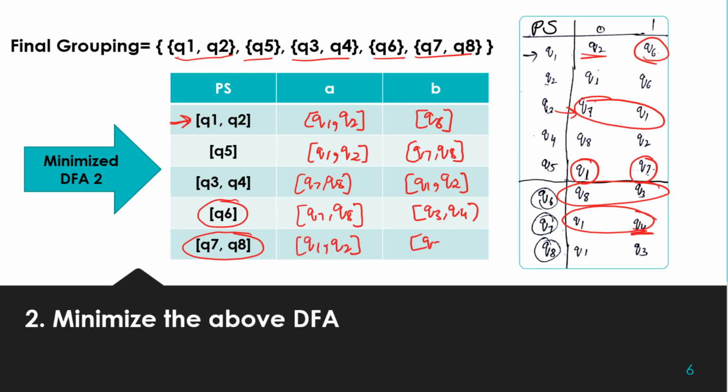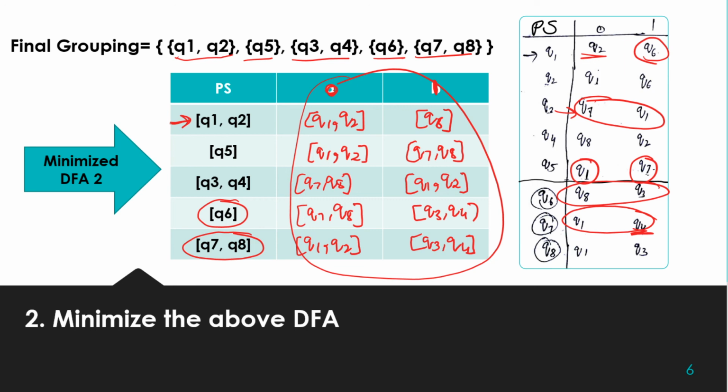Okay, so this is our final minimized DFA. We can easily construct the transition table from this minimized transition table. So the minimized DFA will be having 5 states, and the transitions will be these for the minimized DFA. Here instead of A, B, we are having 0, 1. So please make these corrections for the minimized transition table.